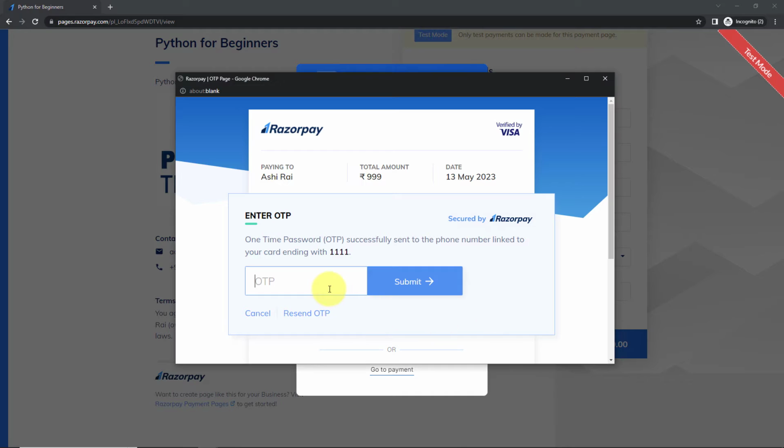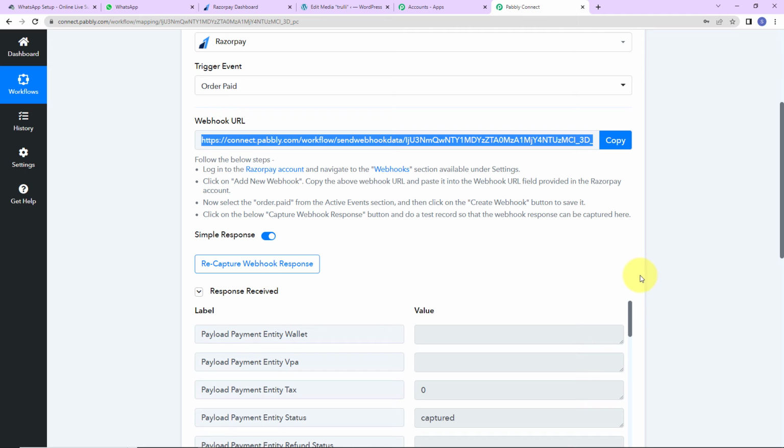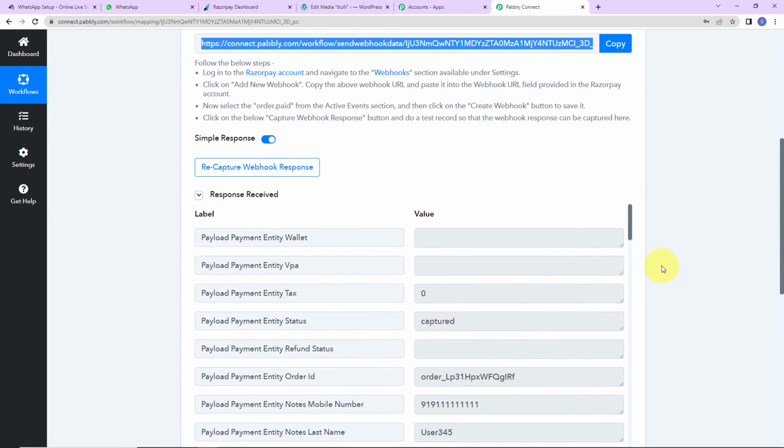Now here we have to enter the OTP. So I have given the OTP. Let's click on submit. So here we can see that the payment has been successful. Now once the payment has been made, here I have taken you to Pabbly Connect, and you can see here